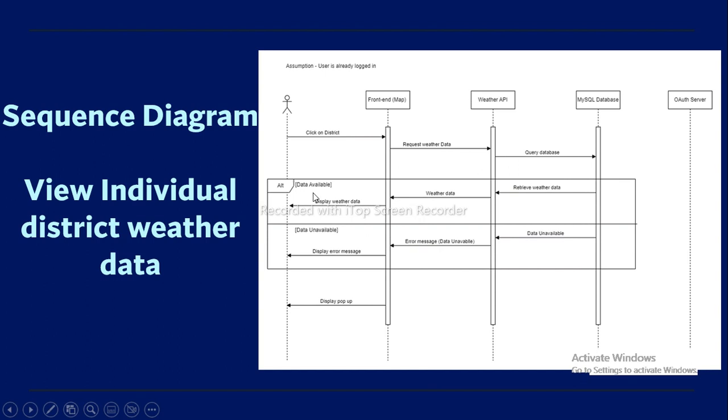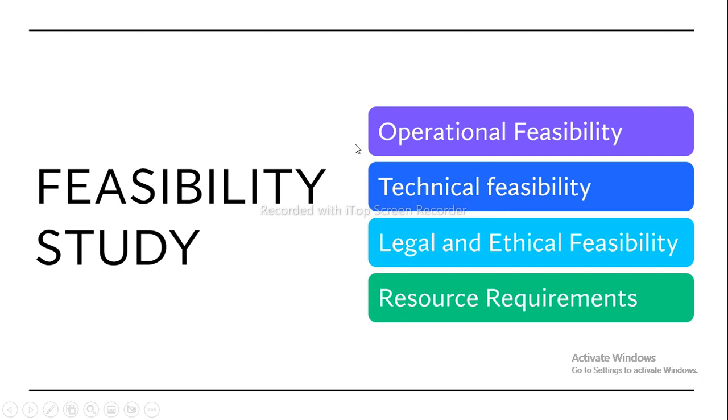So either data is available and data will appear, or if data is unavailable, there will be an error message. So the user can see this through this pop-up, which means the card that I showed you earlier. So this is the sequence diagram for viewing individual district weather data. Let's move to the next slide. Okay, here comes the feasibility